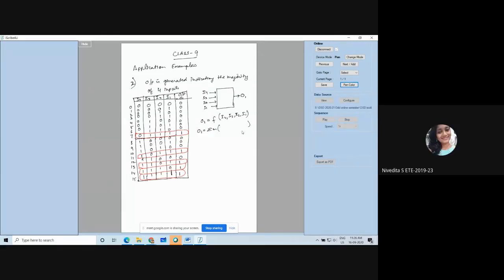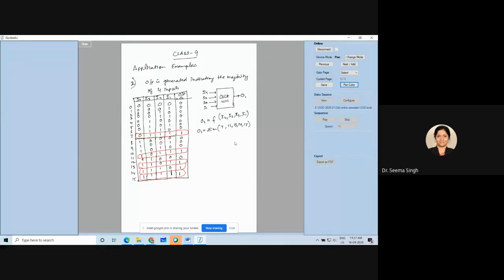7, 7, 11, 13, in all 14. The output column shows 1, 1, 1, 1, 1. Those minterms should be written in the bracket, right? So it becomes 7, 11, 13, 14, 15. This will give you the equation. And if you implement that equation using a basic gate or NAND gate, whatever, that will give you the circuit